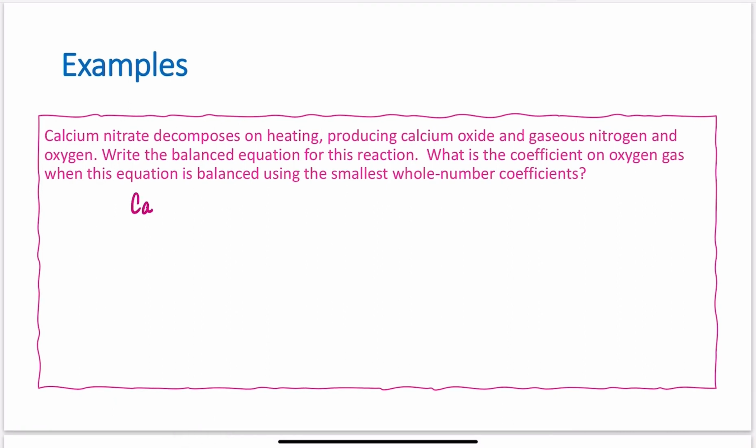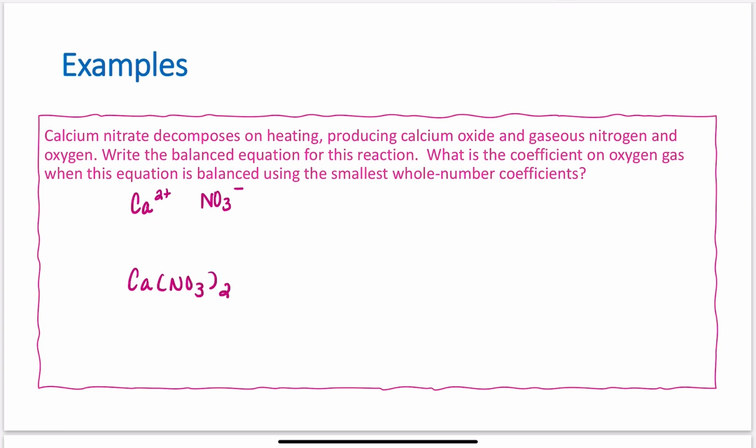I know calcium. Calcium is one of my alkaline earth metals. It's in group 2, and group 2 always forms +2 charges on their ions. I know nitrate. It's one of my polyatomics I have memorized. Nitrate is NO3 minus. It only has a -1 charge, not a 2 negative. I apologize for that. I was thinking about calcium in that moment. So I have calcium 2 plus and nitrate, which has a -1 charge. In order to get this to balance, I'm going to need 2 nitrates